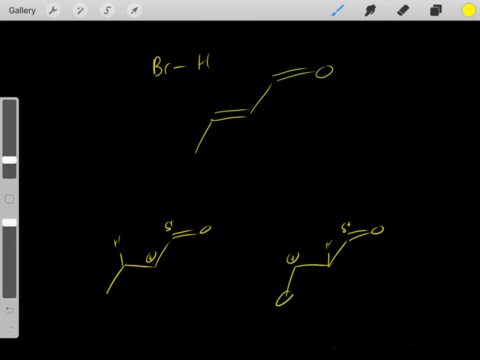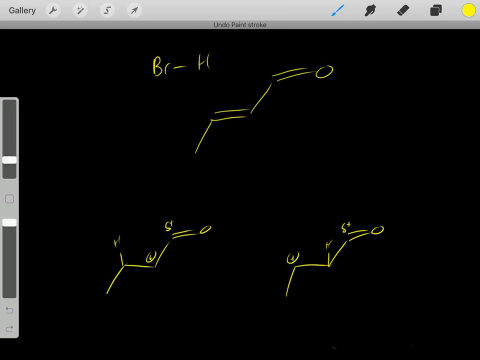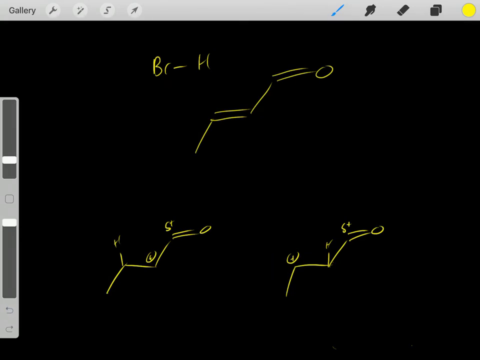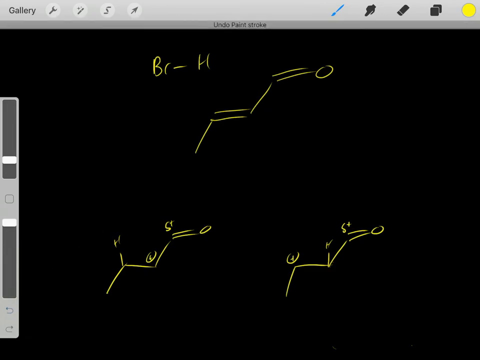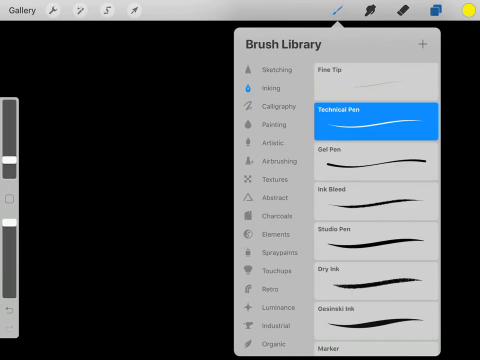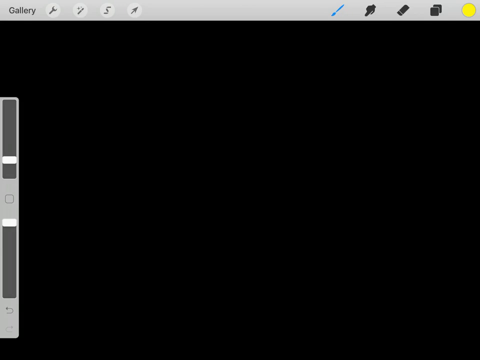And also, alkyl groups are electron donating, donating negative charge and therefore stabilizing this positive charge. So we know this carbocation is more stable than this carbocation. So again, when determining carbocation and carbanion stability, there are a couple of things you need to look at. And the last thing, and this now isn't carbocation and carbanion,